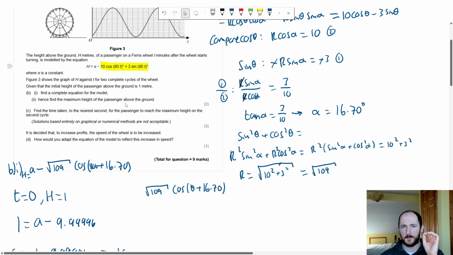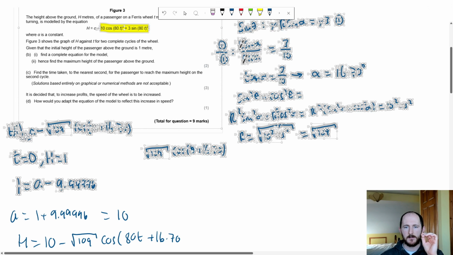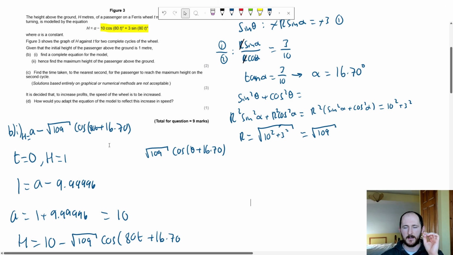Now, sometimes they ask for the time taken. In this case, they've said the time taken is part C. But in this part of the question, they can sometimes say, find the maximum height and find the time that this happens. But again, they've separated it into 2 questions here, but it's the same principle. So, maximum height. This is where making it one equation is a lot easier, because all you need to do